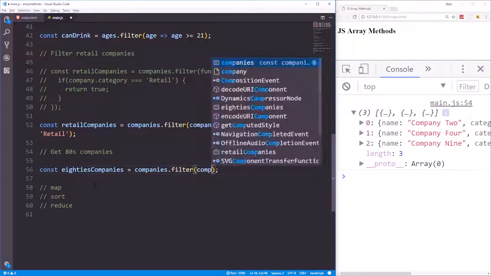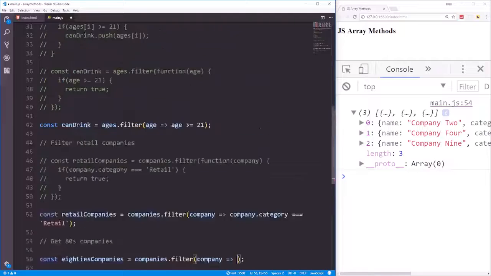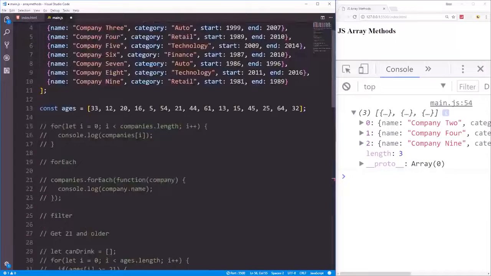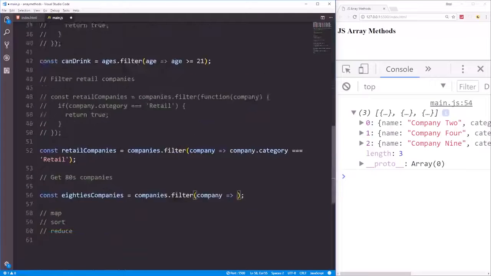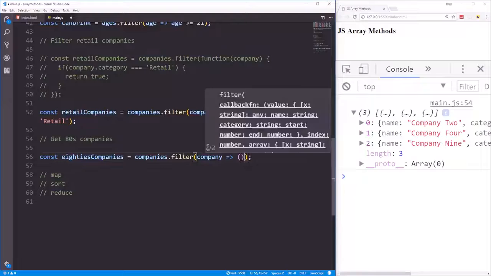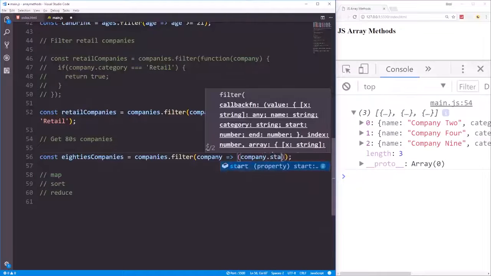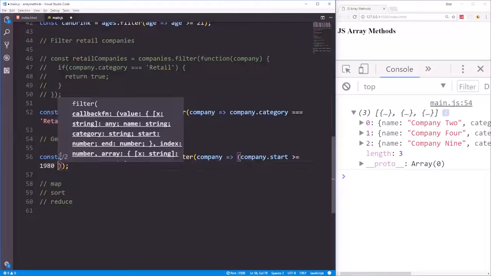So we'll say company, and what's our condition going to be if we want from the start date? Okay, remember they have a start and end. We want the start to be between 80 and 89. So we'll put a condition here, actually we want to wrap this in parentheses. So we're going to say company.start is greater than or equal to 1980, and